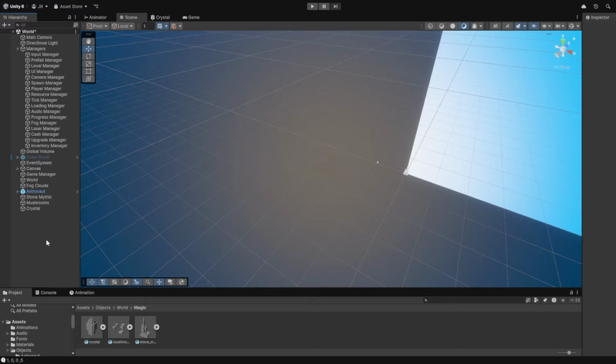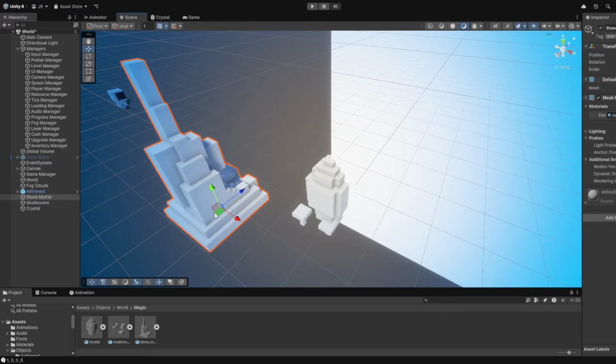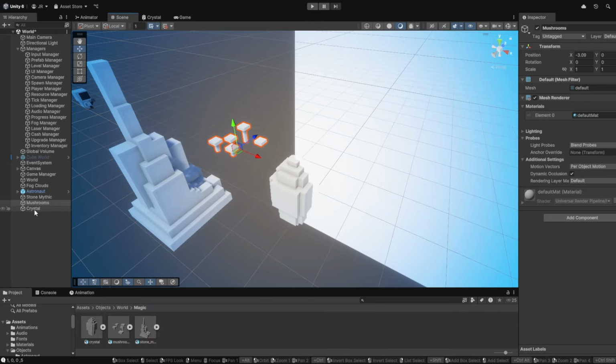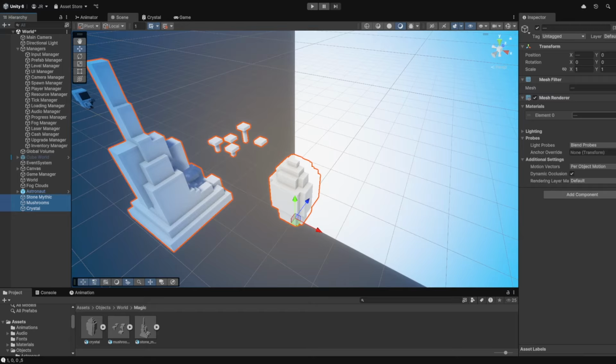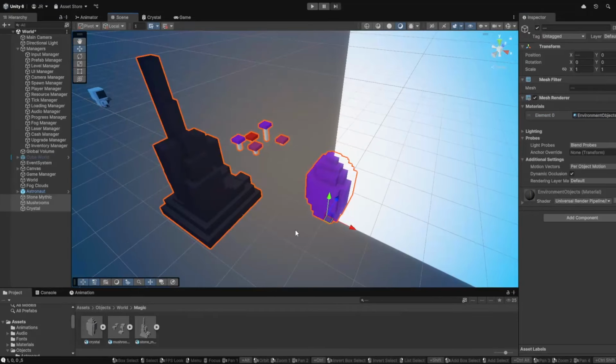Of course, this might not be the best idea if you want to divide the logic from the rendering stuff, and maybe you have other stuff in your game object like particles or stuff like that, but I kind of like it this way. And we can now find them, and you see they're all white because we do not have the correct material for these. So we're selecting all of these and then just apply the environment object material,